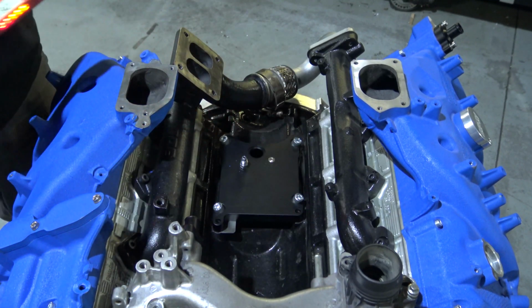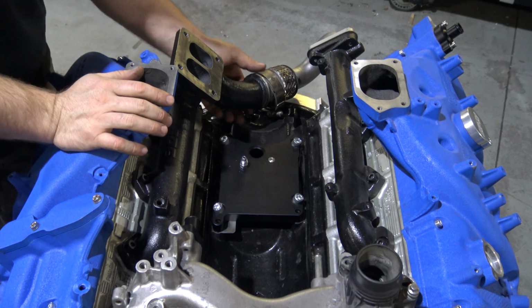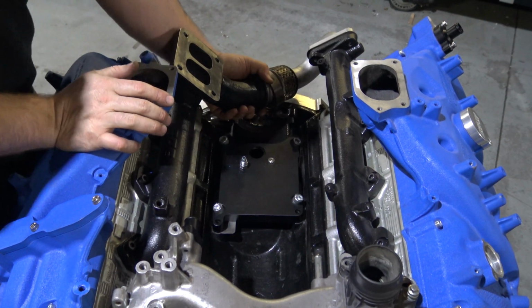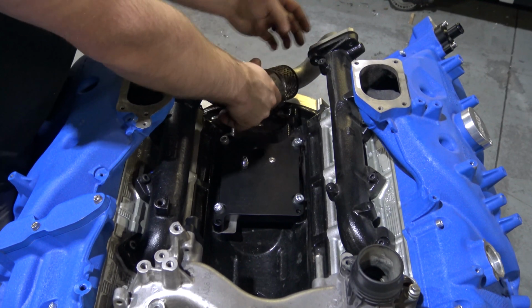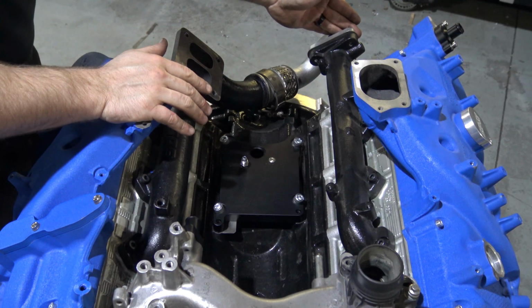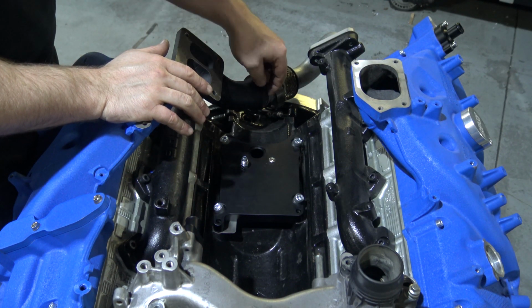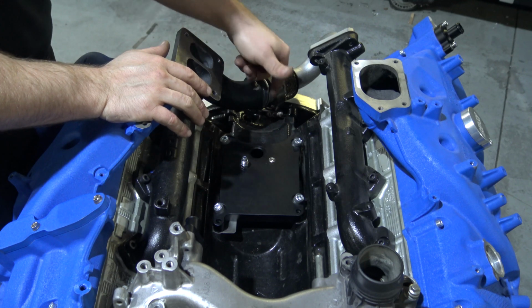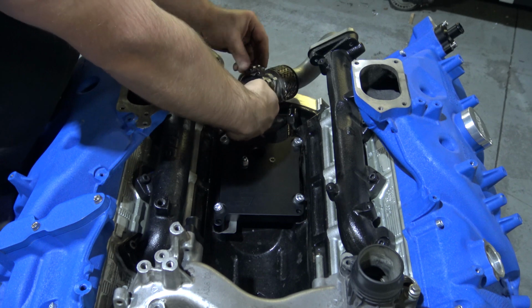There we go. Now, after getting your bolts torqued, you're going to want to make sure that this is butted up very nice and tight. And then once you get it nice and tight, you're going to want to come back here and tighten down your 13mm bolts, your factory bolts. Snug them up good. Once again, make sure that this is touching the whole way around on your V-band. And then literally all you have to do at that point is take your V-band,